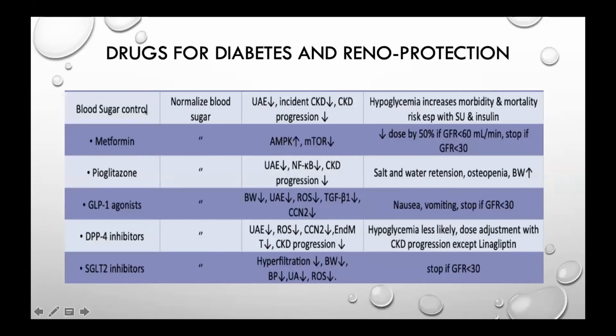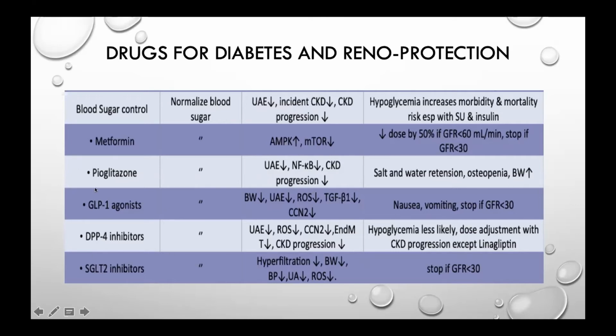So even metformin, you can see the decreased AMP kinase, mTOR is decreased and has renal benefits, but you have to be careful in patients who've got an eGFR of less than 60. With eGFR less than 30, you have to stop. And between 30 to 60, you have to be at half, 50% of the dose that you can give. Pioglitazone also, you can see a lot of benefits. Urinary albumin excretion, NF-kappa B is decreased, CKD progression is decreased, but it causes salt and water retention, osteopenia, body